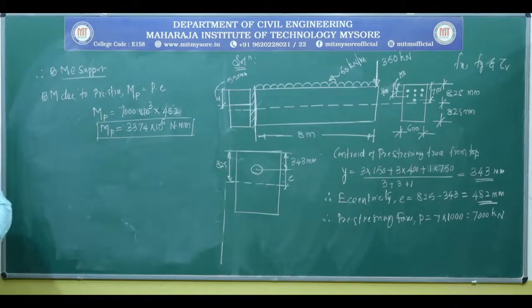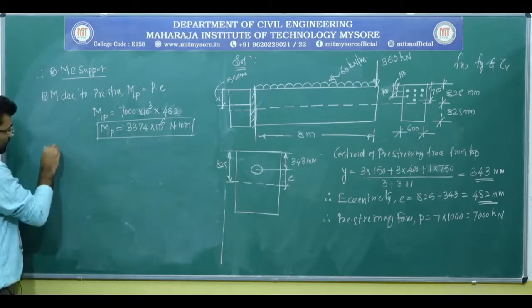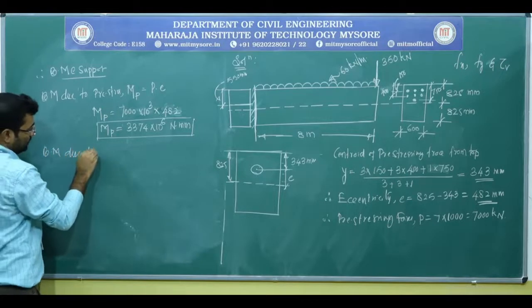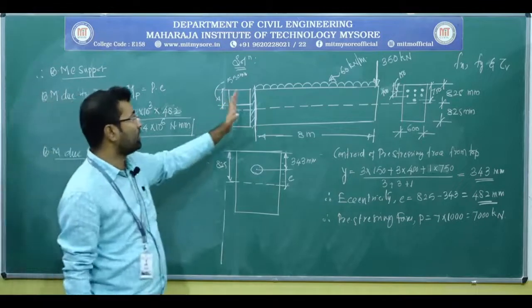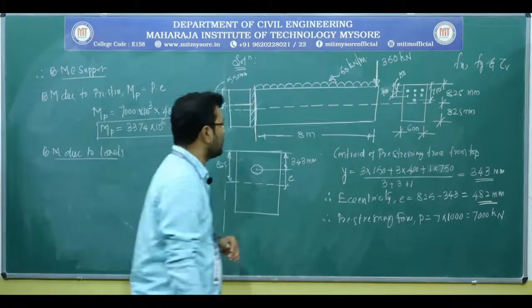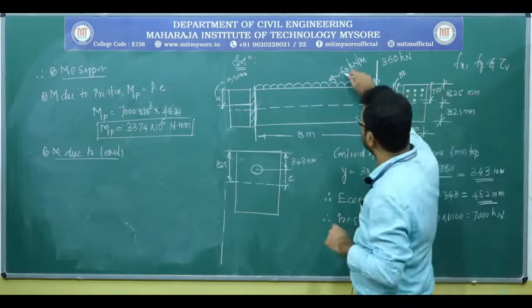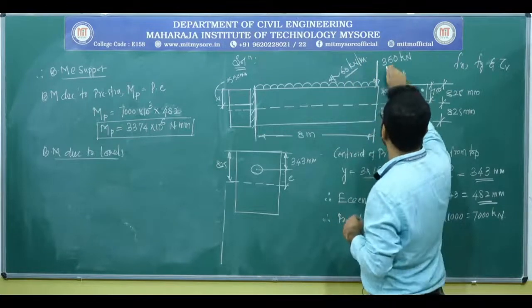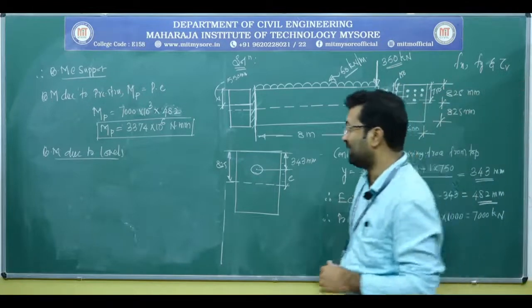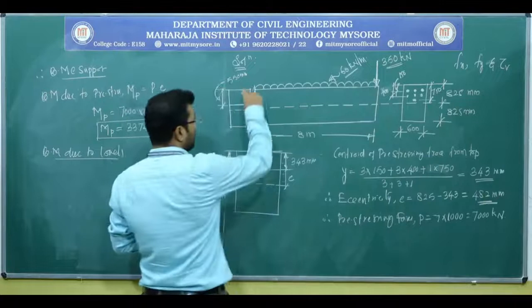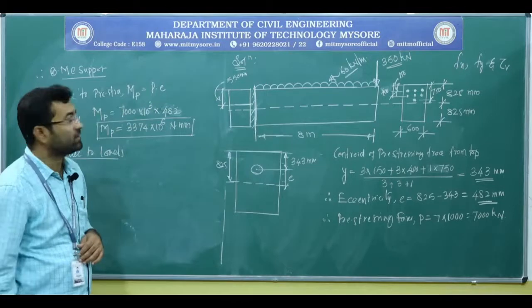And also we have to calculate the moment due to the loads. Okay. Next one is the bending moment due to loads. Again we have to calculate the bending moment at the support section. Now here you can see there are two different types of loads acting on the beam. One is this 60 kilonewton UDL and another one is the 350 kilonewtons of reacting force from the other beam. Now, we know that for a cantilever beam the bending moment will be maximum at the support.